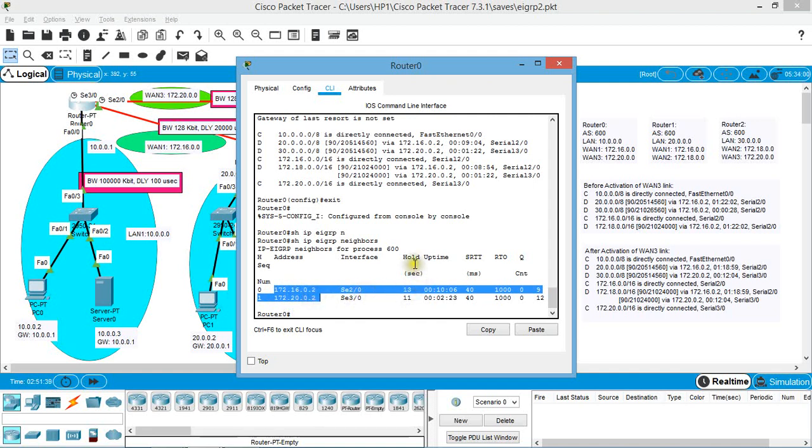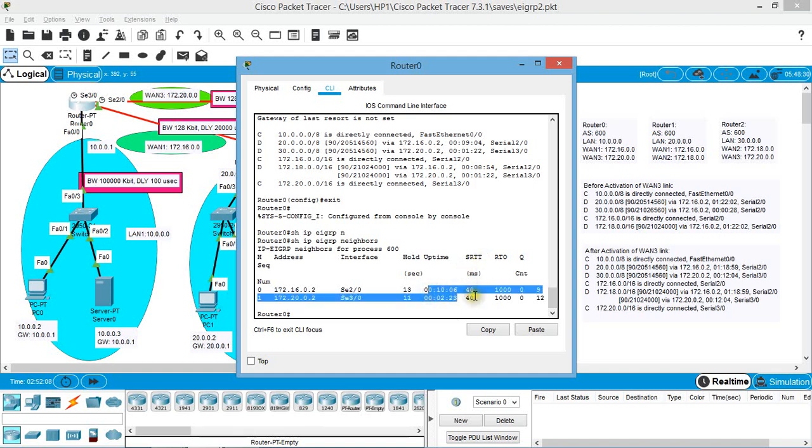Then the hold time is the timer per EIGRP neighbor. Its default value is 15, and whenever it expires, the neighbor adjacency is lost. The uptime indicates how long the neighbor has been up.